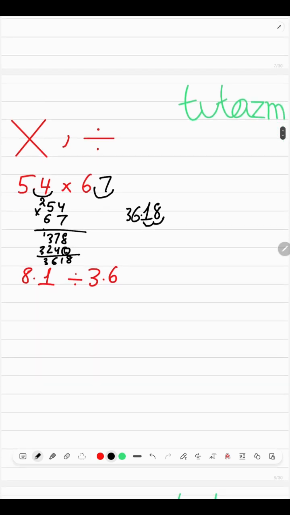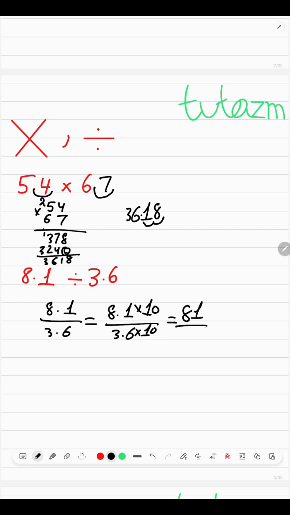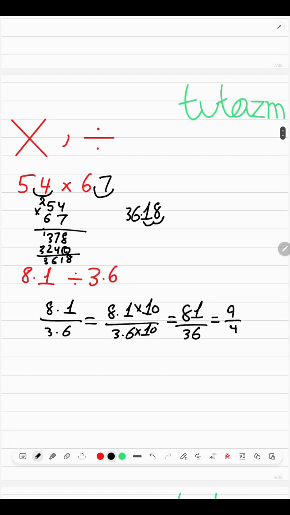However, when we divide decimals, we don't have to do that, because 8.1 over 3.6 is the same as 8.1 times 10 over 3.6 times 10, because the 10s can just cancel each other out, and so we can just have 81 over 36, and that is absolutely fine. So 81 over 36, we can divide the numerator and the denominator by 9 to get 9 over 4, and that would give us 2 and 1/4,